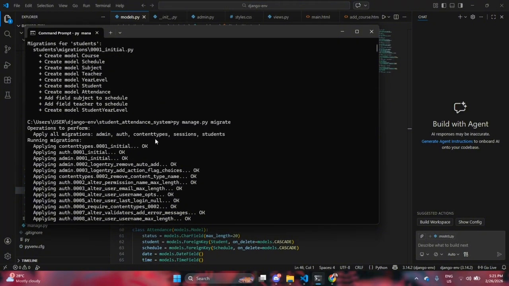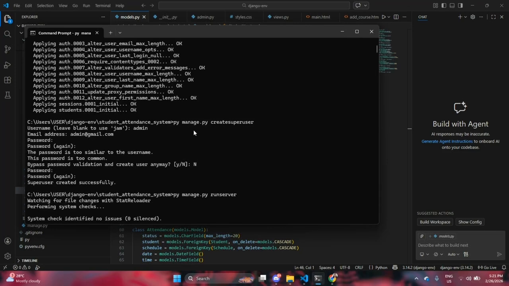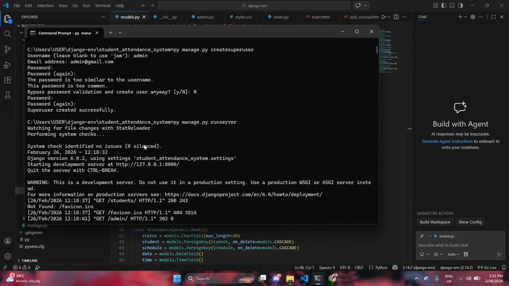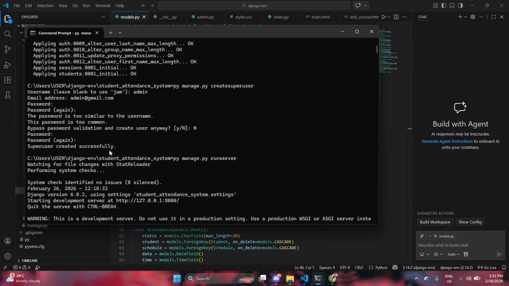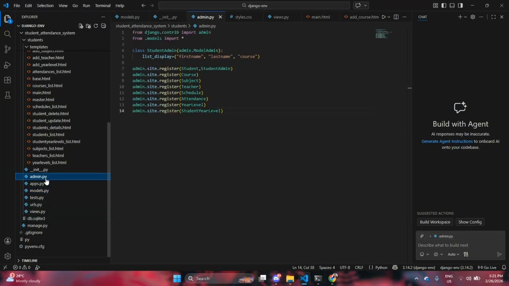Then manage.py migrate to apply. Then I created the superuser, then admin, then created successfully. Then in my admin.py, I registered all models so that they appear in the